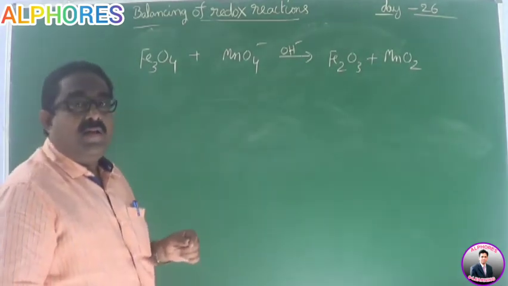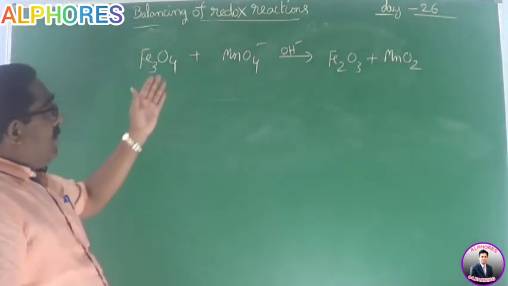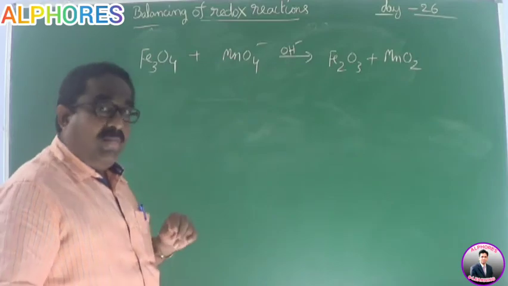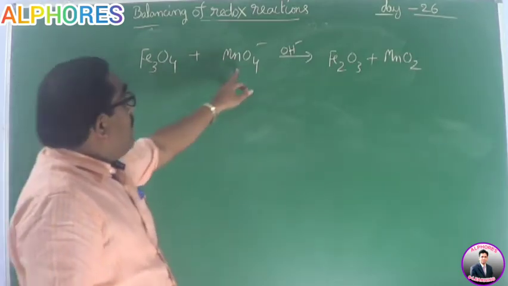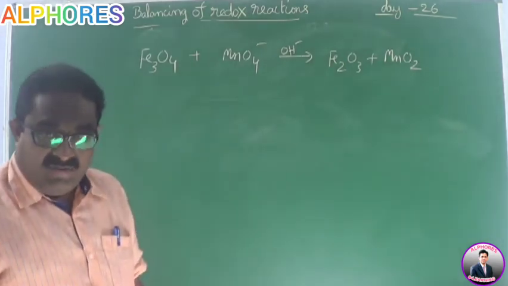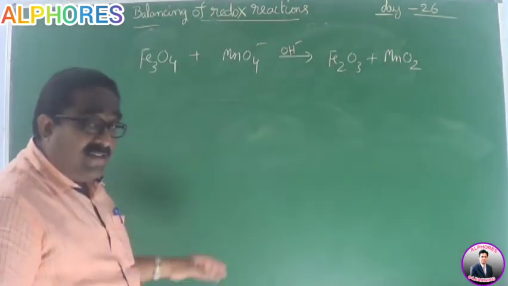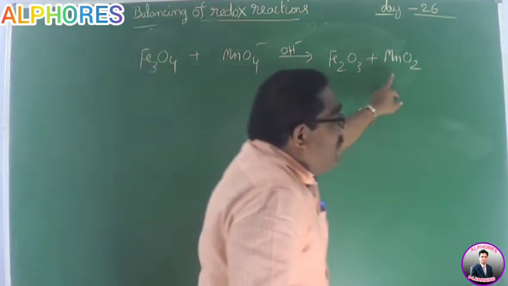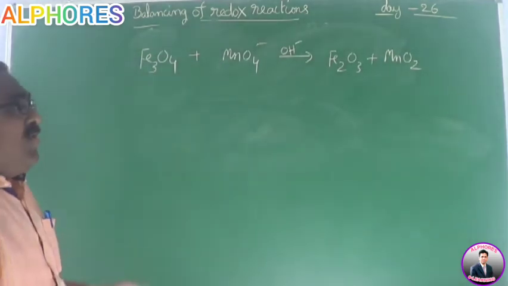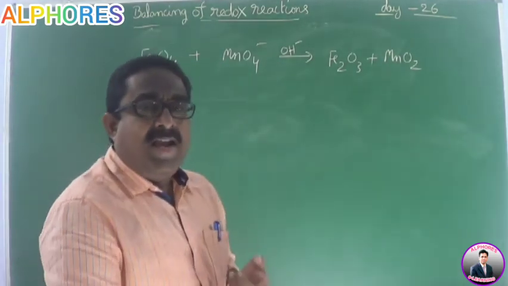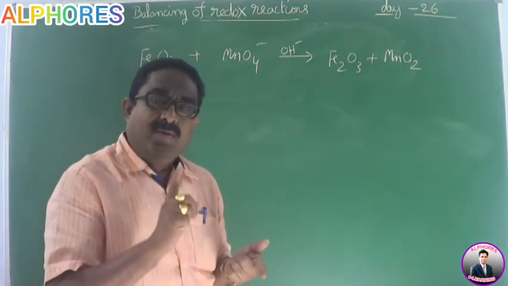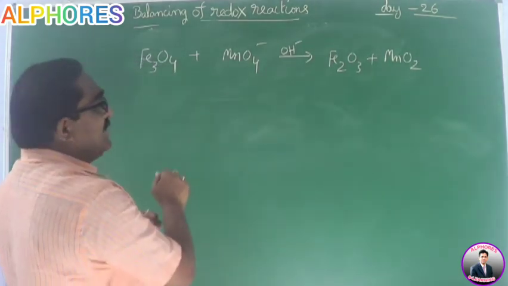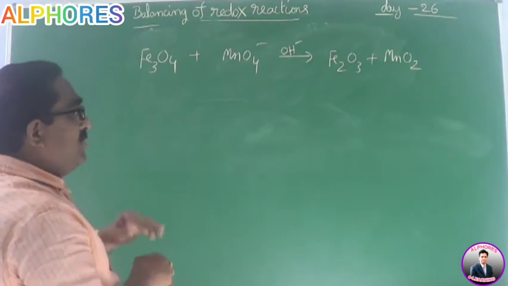Previously, we have discussed permanganate involving redox reaction in basic medium. In that equation also, permanganate is reduced to manganese dioxide. He also has given that this reaction occurs in basic medium. And here also the permanganate is finally reduced to manganese dioxide. So, how to remember that? Permanganate in acidic medium will be reduced to Mn plus 2, and the same permanganate will be reduced to manganese dioxide in basic medium. That is one more important point we have to observe here.